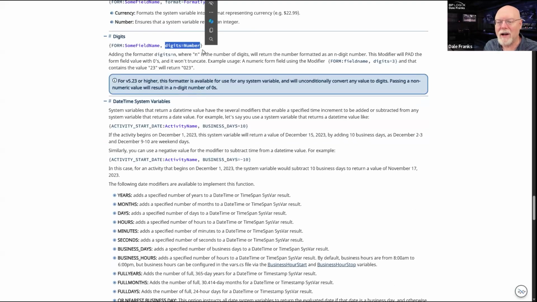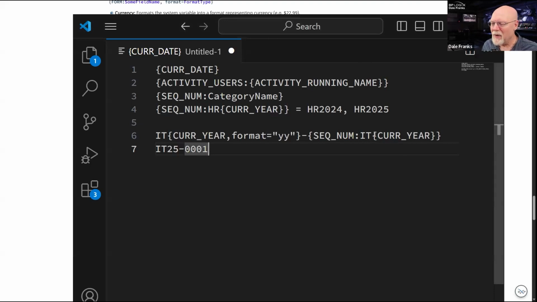Digits is another important one. And I kind of forgot digits when I was back here on this particular one, because for my sequence number, I actually do need to set the number of digits. I want a 4-digit number in this case, and I didn't set it here.